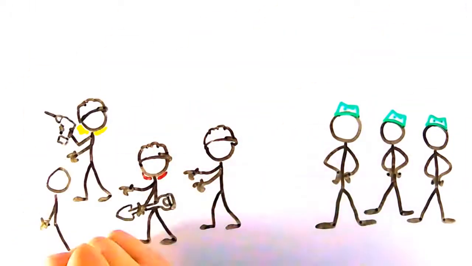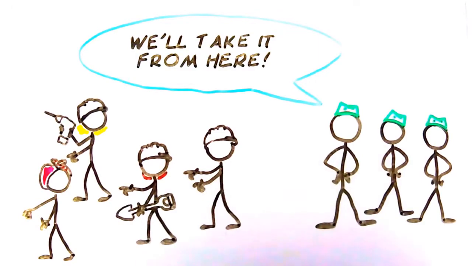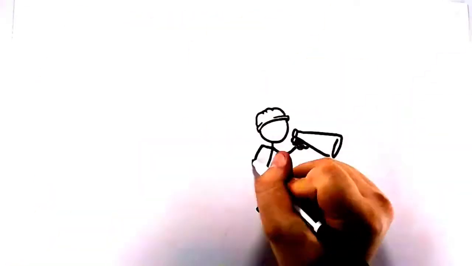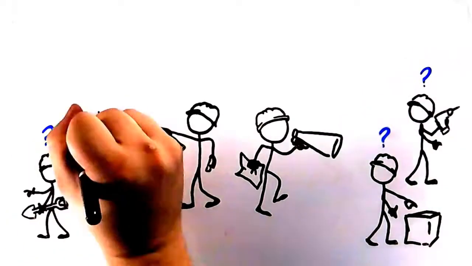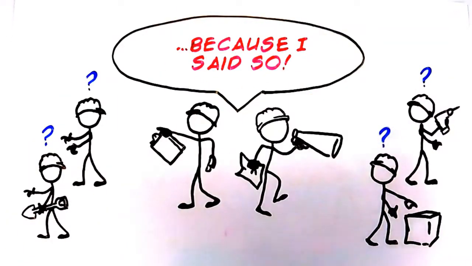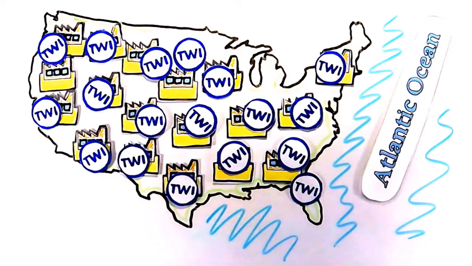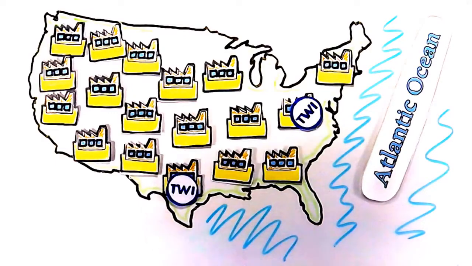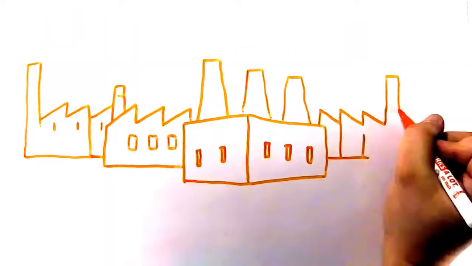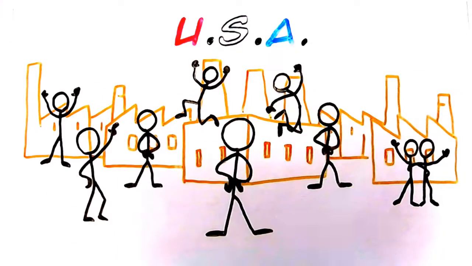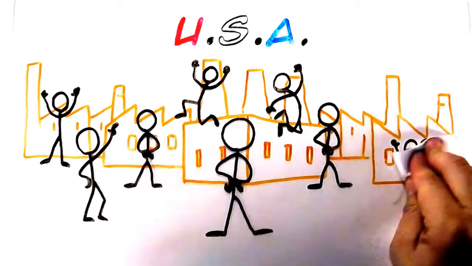Because TWI was viewed as a wartime program, the project was set aside as skilled labor returned to their jobs after the war. The TWI style of leadership was quite a bit different than what management was used to at the time, and they quickly reverted to their old traditional command and control style of management. TWI in the United States began to dwindle rapidly after the war, and most of the TWI trained workers were disbanded. The United States manufacturing was now the best in the world. There seemed to be little motivation to continue improving when you're the best in the world.